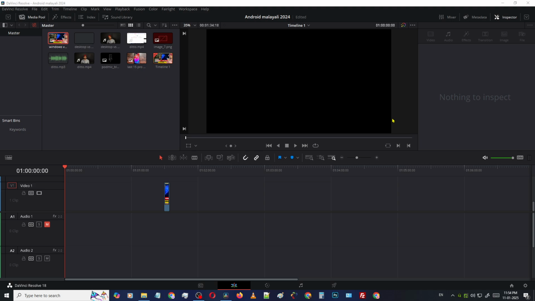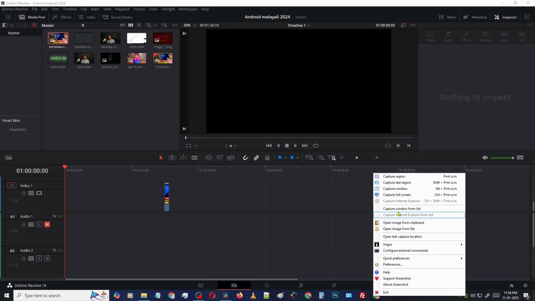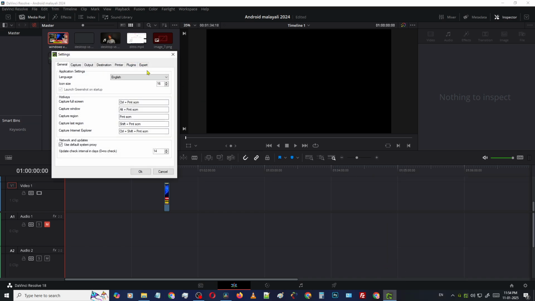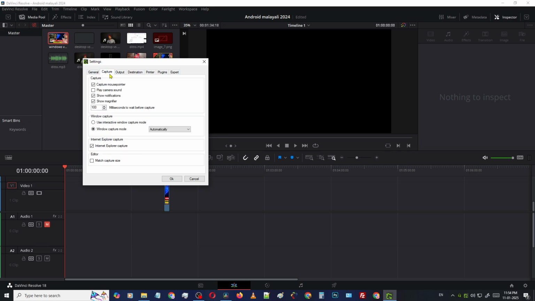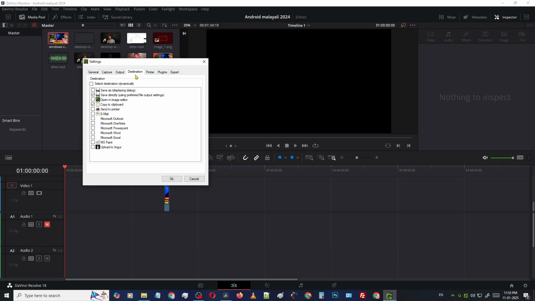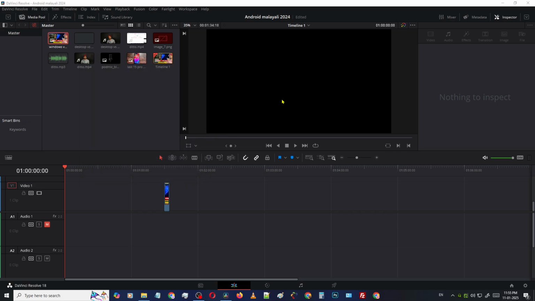Okay, and also you can select another option is just like here. You can see my Greenshot, that means my screenshot recorder. Go to the preference, then go to output, destination, and you can see here one option, copy to clipboard. Enable this one, then